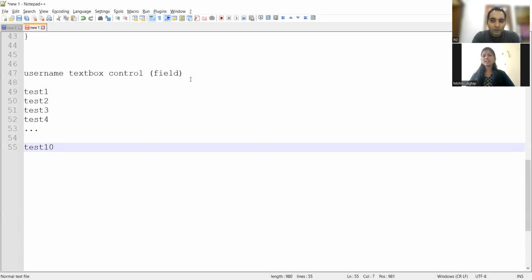Sir, is data written into the Excel file? Then we first create a file object. In that file, we can specify the path of the Excel sheet. Then we give a file input stream object, and in that file input stream, I will pass the file object. Then create a workbook